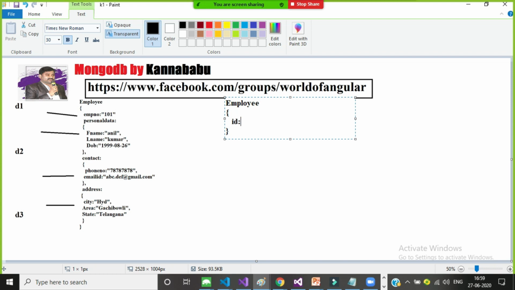Is it clear, everyone? A separate ID is given for this particular document. And here I'll give some employee number, 1001. This is one document. All documents you have to create separately.